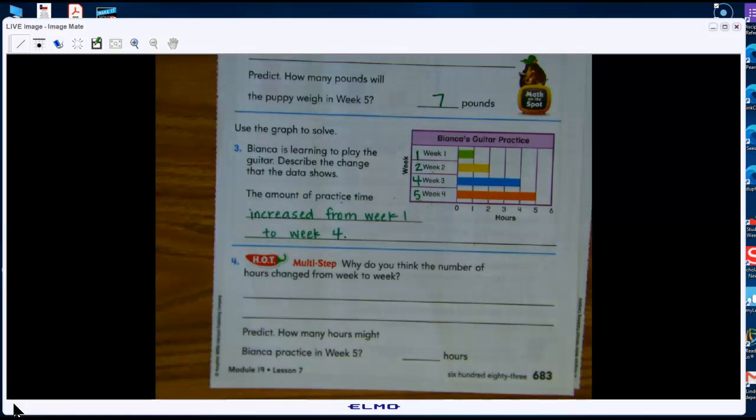Why do you think that she's having more hours each week? Go ahead and write which one of those you think. Any of those we just talked about? Yes. As long as it's a reason why her hours would go up. Yes. Yep. Right? Why you think her hours